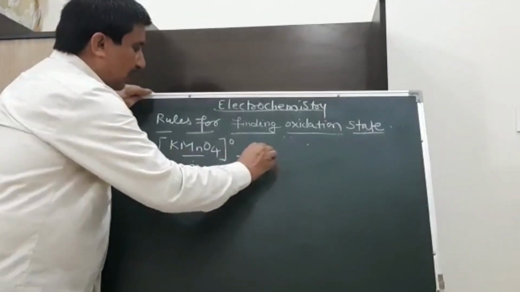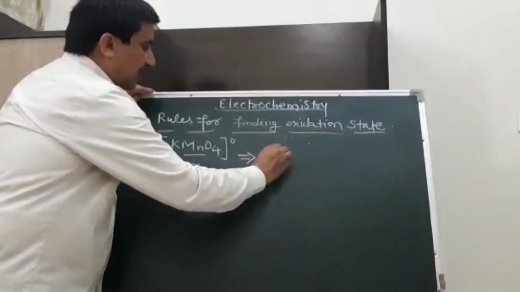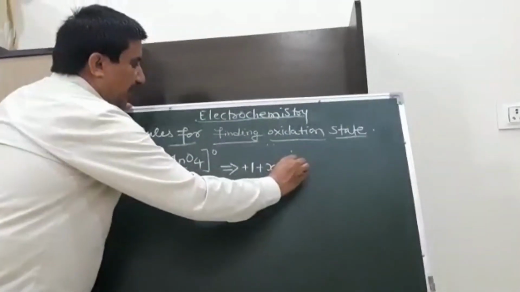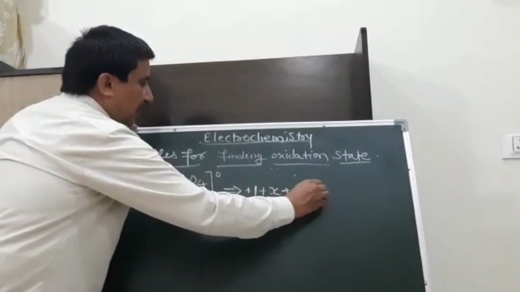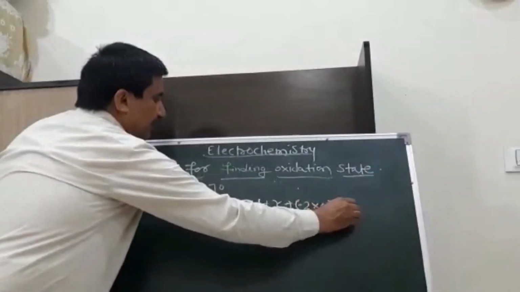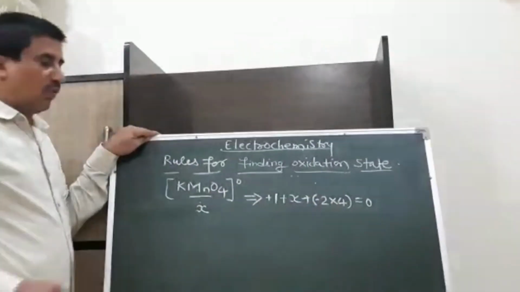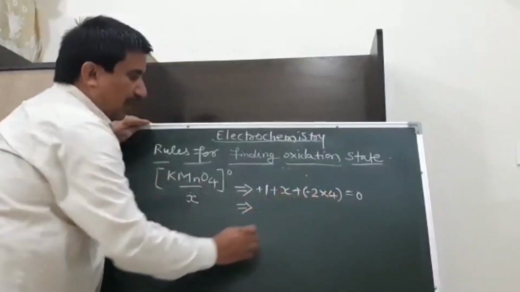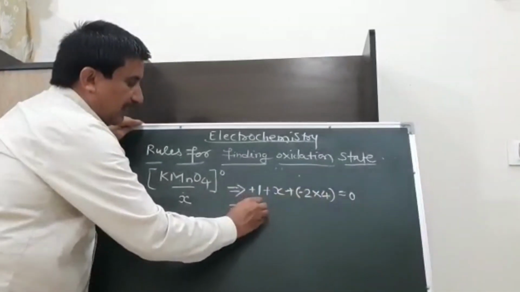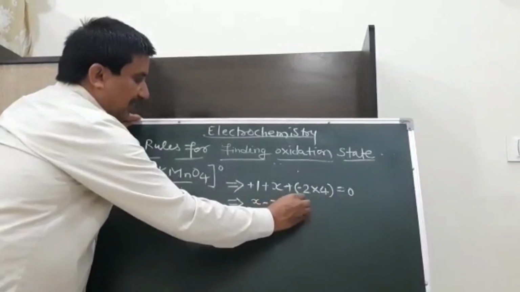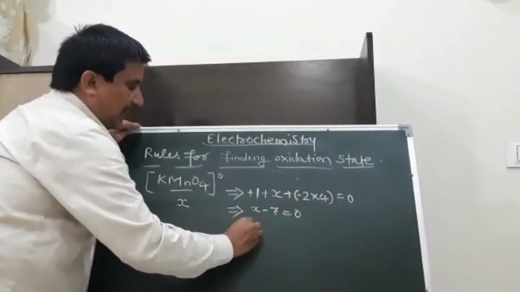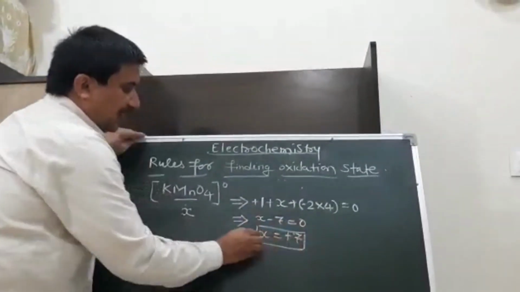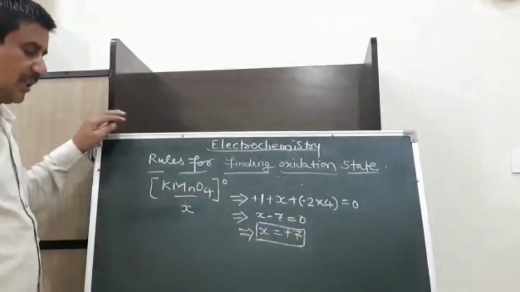So when we go for calculating the oxidation number of manganese, how do we go? We know that potassium has +1 oxidation state, manganese is taken as X, and we know that one oxygen shows -2, so there are 4 oxygens. So the equation will be in this form. Calculating, 2 fours are -8 plus 1, it is -7. So we get X minus 7 is equal to 0. The net answer is X equal to +7. So here manganese is in +7 oxidation state.